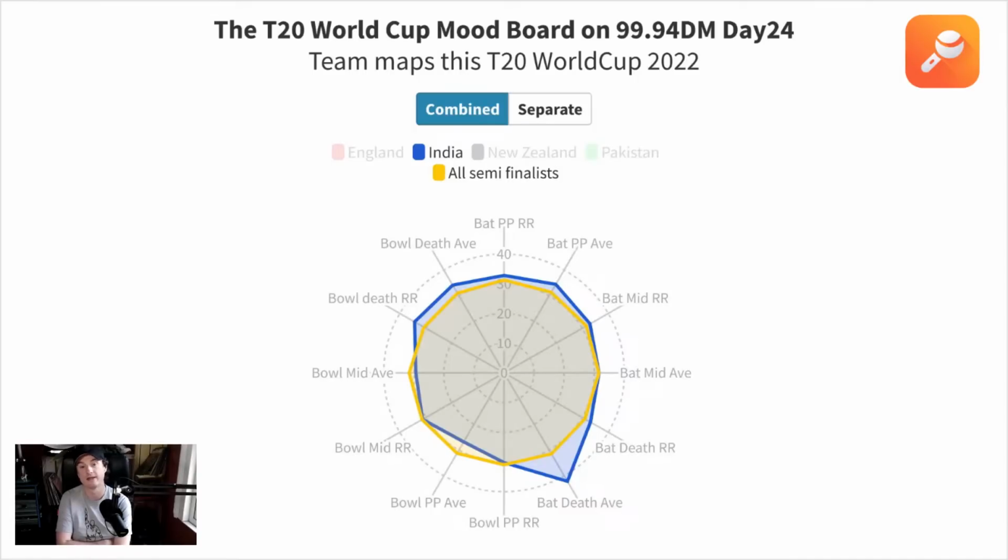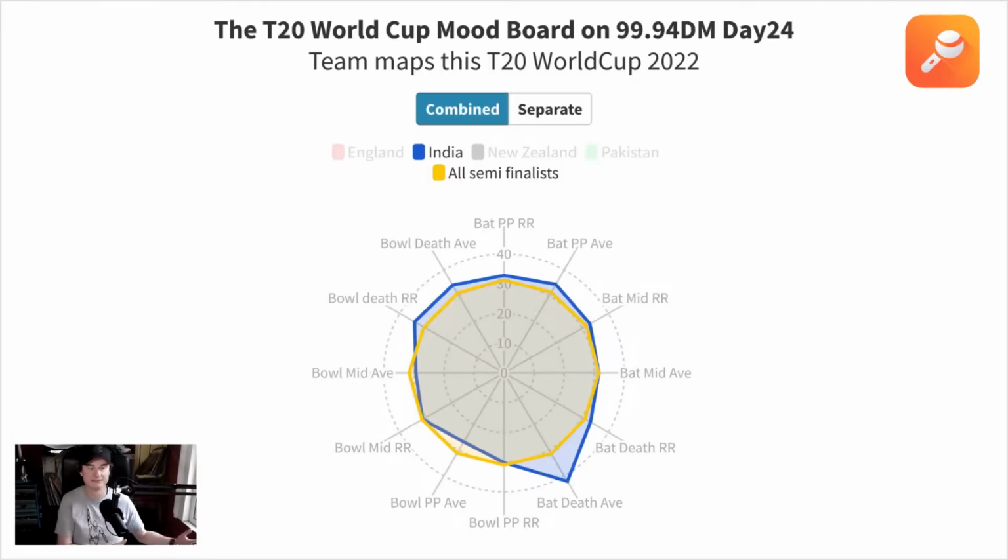So in no way are they really getting on top of anyone at the death here. But overall, compared to Pakistan anyway, this looks like a much better, much healthier mix of a team. And that's something we've said about Pakistan all the way through, which is they've decided to bat in a particular way, which makes their numbers look not as good. And they're very reliant on their bowlers. And perhaps this year, all things considered, their bowlers haven't quite fired.